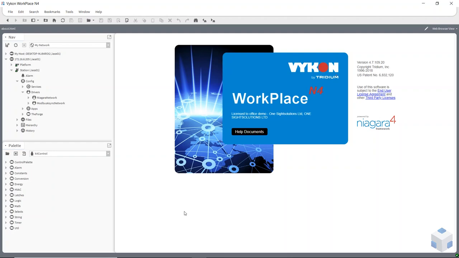BACnet is a huge subject, so we won't be going through everything that's BACnet. We'll just be looking at the very basics to set up BACnet on your station. To do that we need to go to drivers. So I'm on my remote host now,